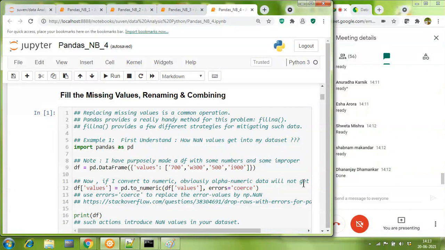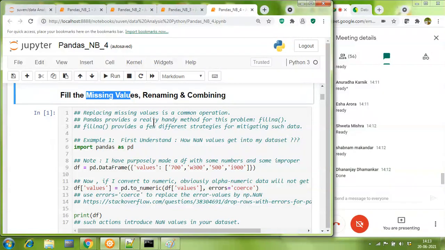In this notebook, friends, we'll be looking at four things. You will be seeing three, but yes, we'll be looking at four. Let me talk about three. I remember when we were in the first session, our friend Mansi asked us a very important question: how do I filter out duplicate values, or vice versa, how do I filter out the missing values? So we will be looking at how we can first handle missing values in this notebook.